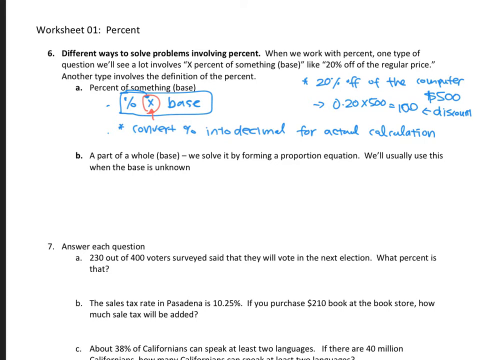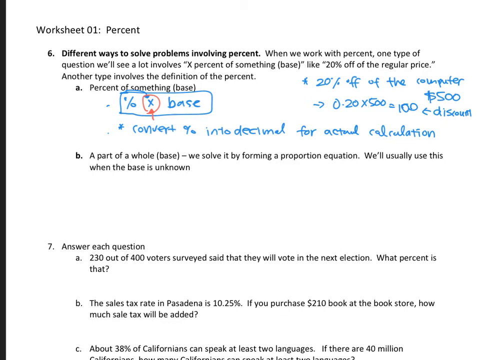The second way to approach a problem is slightly more complicated, but this is useful when we do not know the base. What we can do is form something called a proportion equation, and we're going to solve the equation. I know some of you are like, what, equations? I think this is not algebra class. We're going to do just a few types of equations. This is one type which is pretty useful. So if you're not too familiar with algebra, don't worry too much. We're going to go over it with you.